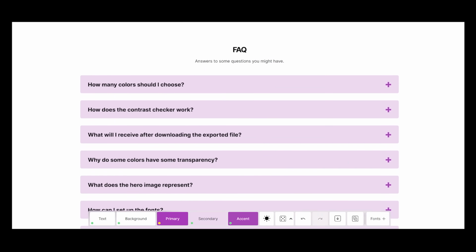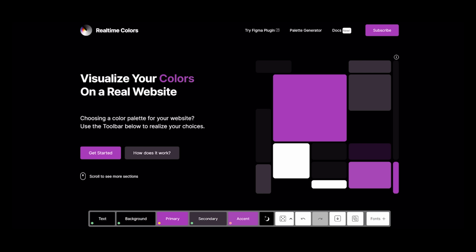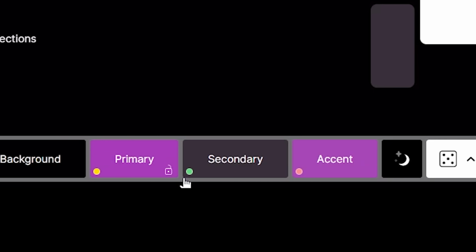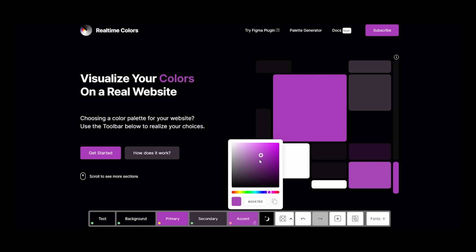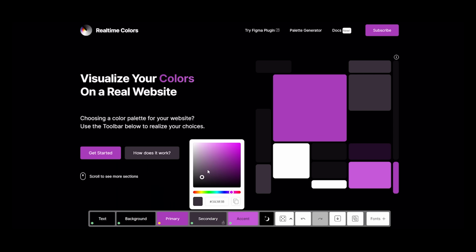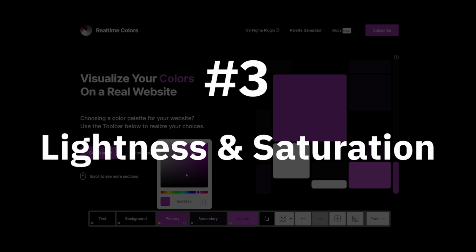Number 2. Contrast. Let's say we're using these colors for the light mode. We might not be able to use the same for the dark mode because then the contrast ratios would not even pass the minimum web accessibility level of AA. So we need to modify these colors and increase their contrast, which brings us to point number 3, lightness and